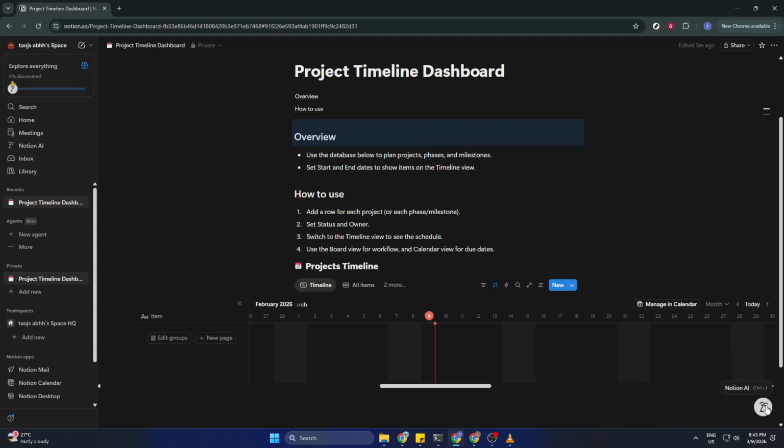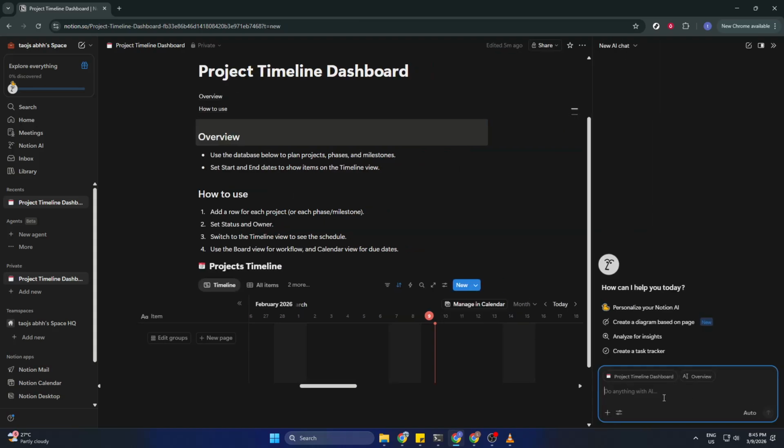Inside Notion, locate the Notion AI entry point. Depending on your interface, you may see an AI button in the sidebar, a prompt area at the top of a page, or an option within the command menu. Click that to open the AI prompt box. This is where you'll guide the tool with a clear instruction. In the prompt field, type Build a project timeline dashboard, and specify whether you want it created as a page